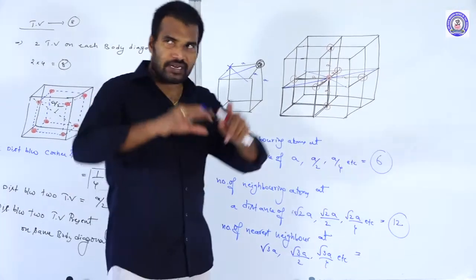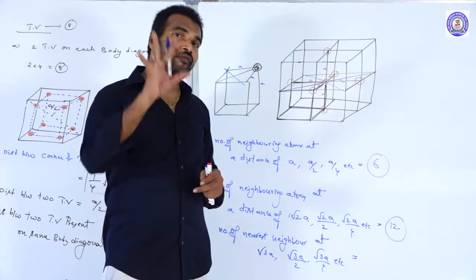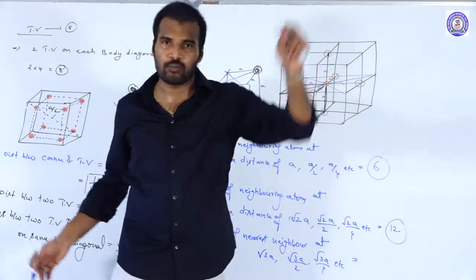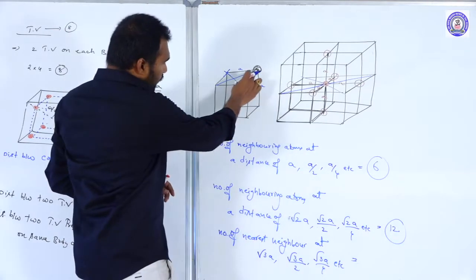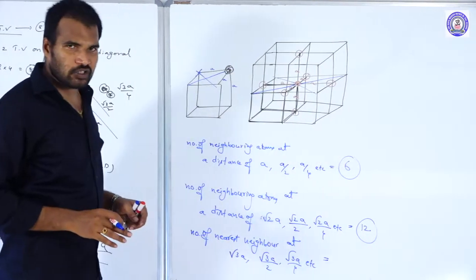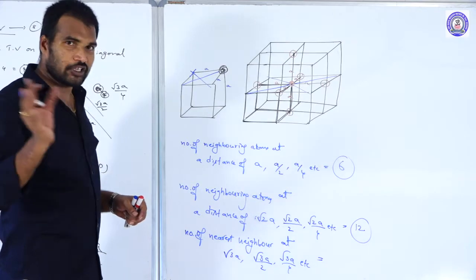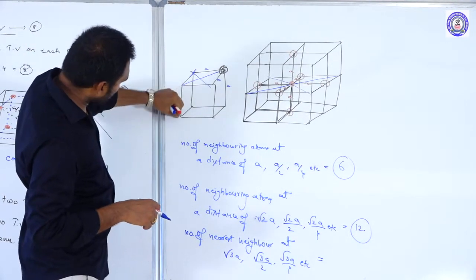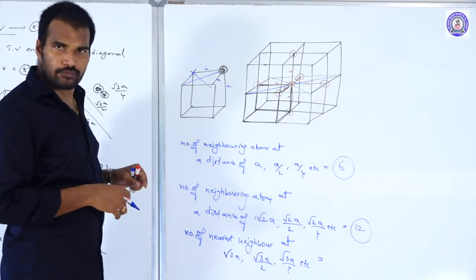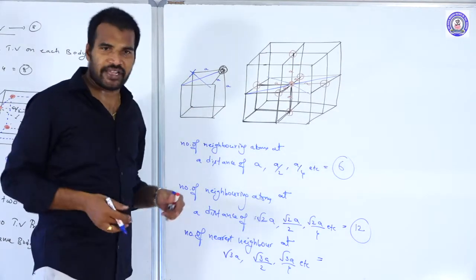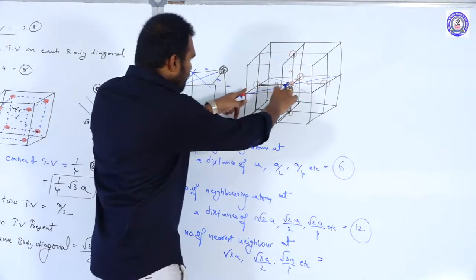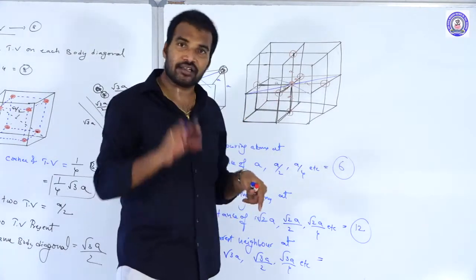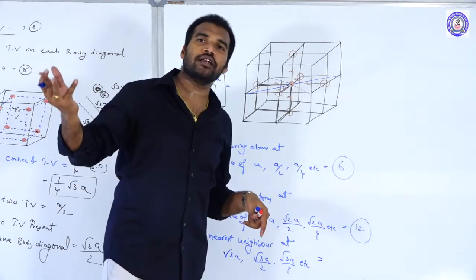I told you for a cube, how many body diagonals are possible? 4 body diagonals are possible. When you connect any two opposite corners, we get one body diagonal. Now, from this corner, how many body diagonals are possible in one mini cube? One only, right? This corner is diagonal with the opposite corner, only one body diagonal is possible. It is not forming any other body diagonal. So, in one mini cube, one body diagonal. Total, how many mini cubes is this atom connected to? 8 mini cubes. So, total 8.